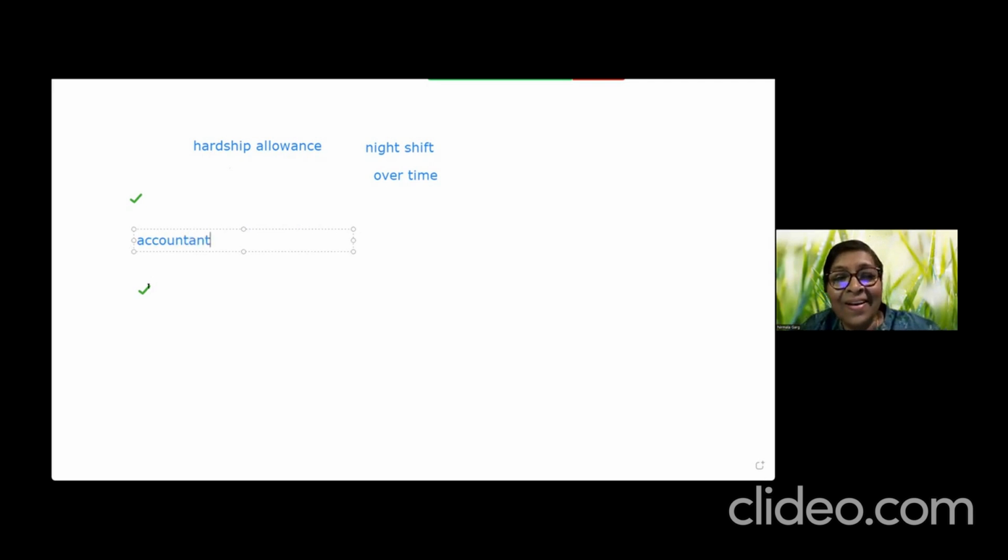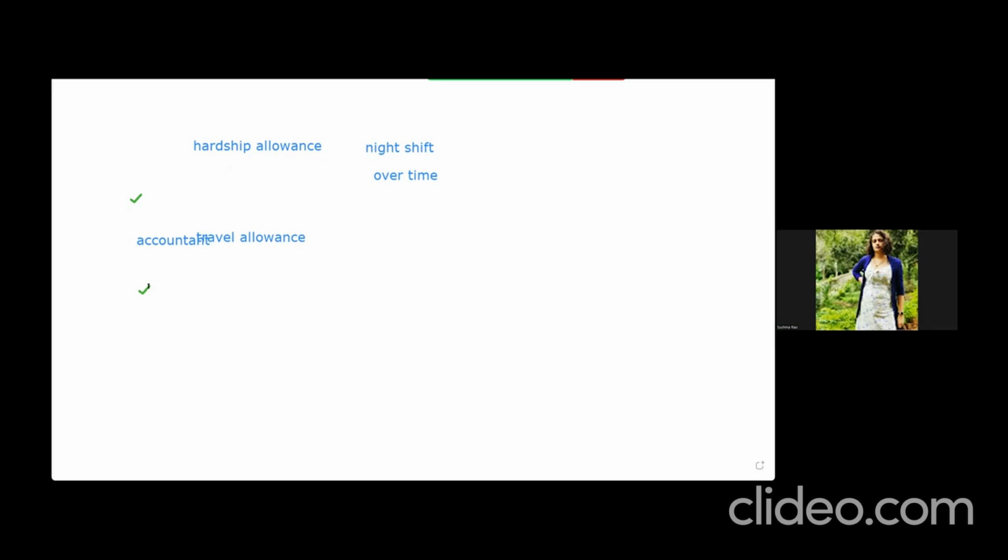Now tell me, should a driver get a travel allowance? No, that's his job. Now, are you getting the difference of when you give a hardship allowance and when you don't? The driver's job is driving, so you can't say yes to travel. If he's working extra hours, he gets an amount. So have you got that? When do you get a hardship allowance? When you are doing something beyond your job, you get that. All right.